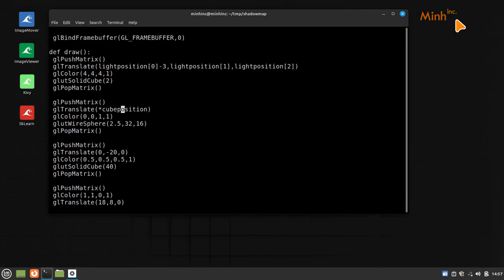So instead of wire sphere, now it is wire cone. So I would delete it. Wire cone, and 4, 10, 32 and 16. Okay, so 4 is the base radius, 10 is the height. Okay, GL push matrix, translate it to -20. So we color it, and then